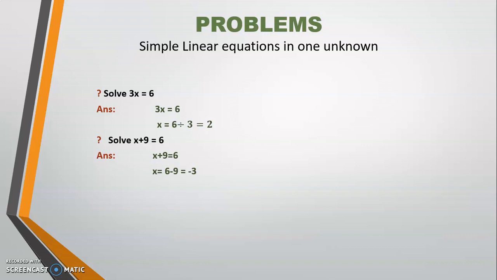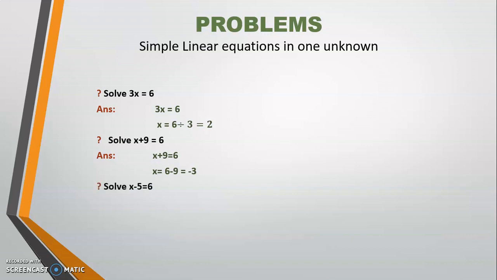That is x equals 6 minus 9 equals minus 3. If we transfer from LHS to RHS, the sign changes. Here the sign of 9 is plus and it changes to minus 9 if we transfer 9 from LHS to